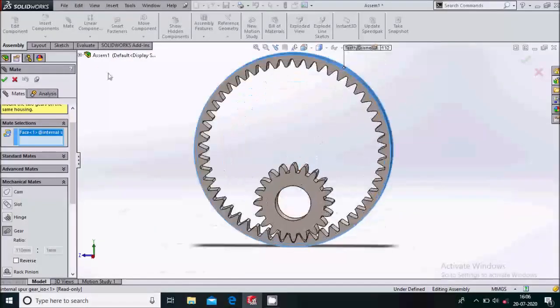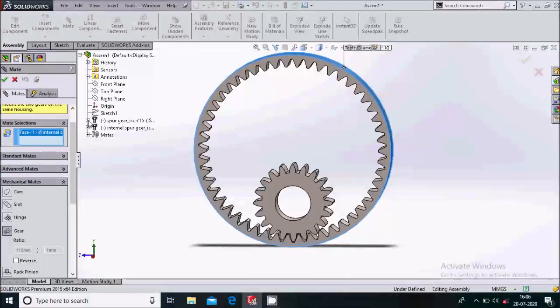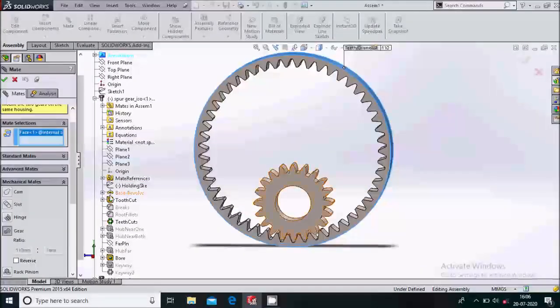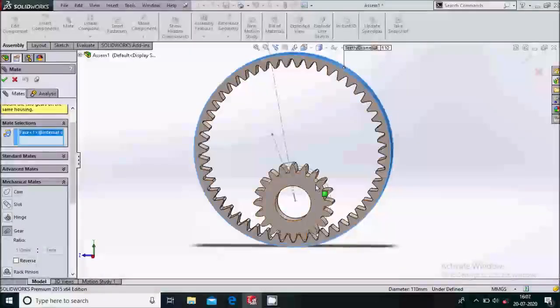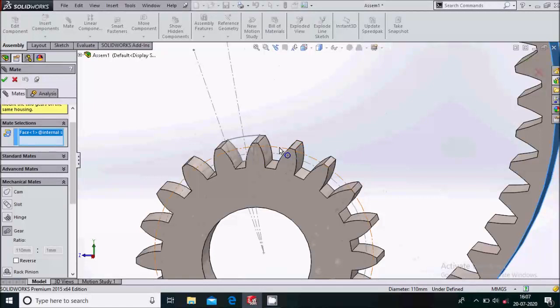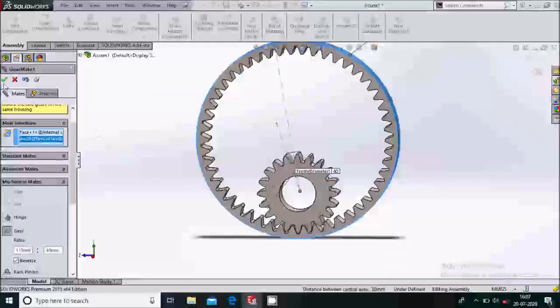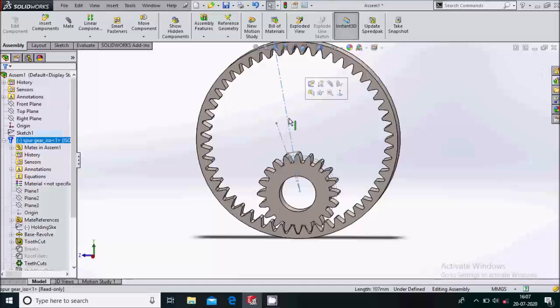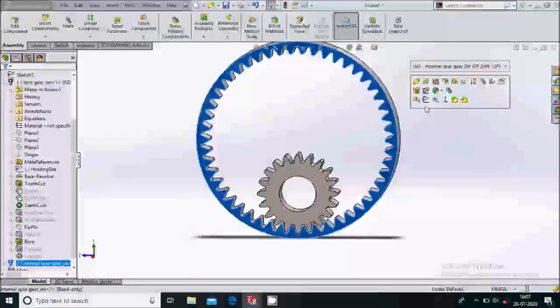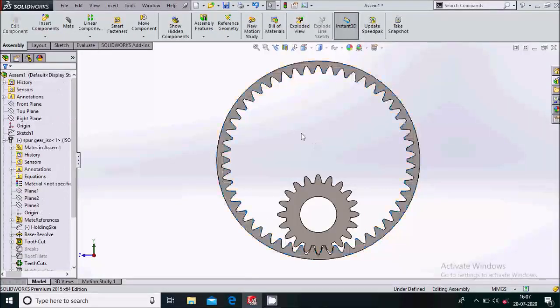So we'll make it visible. So go to assembly, spur gear. Here you can see tooth cut and under tooth cut you have to make the sketch visible. So you can here see there is a pitch circle of the external gear. So simply select that and make it OK. OK. Now simply select and hide the sketch. Now simply select this and make it normal too.